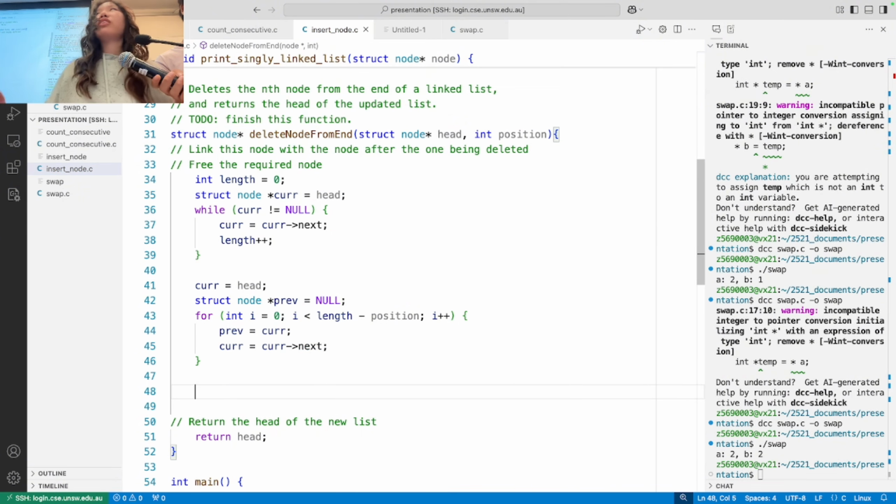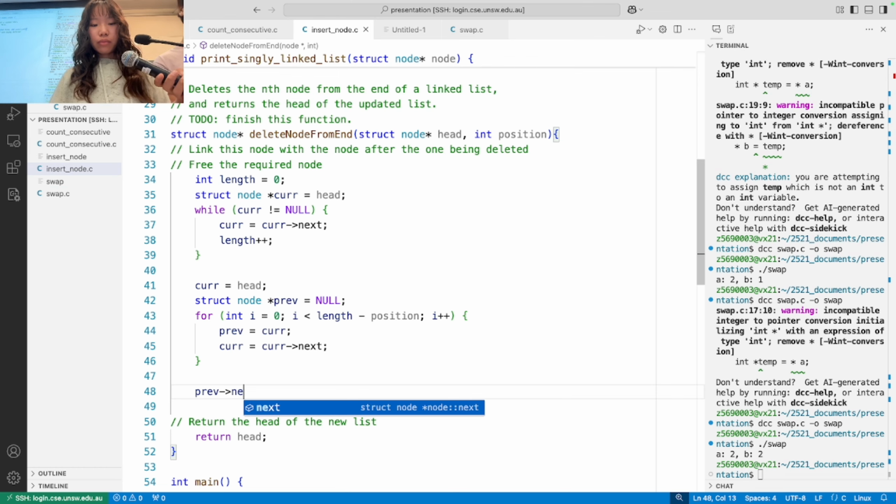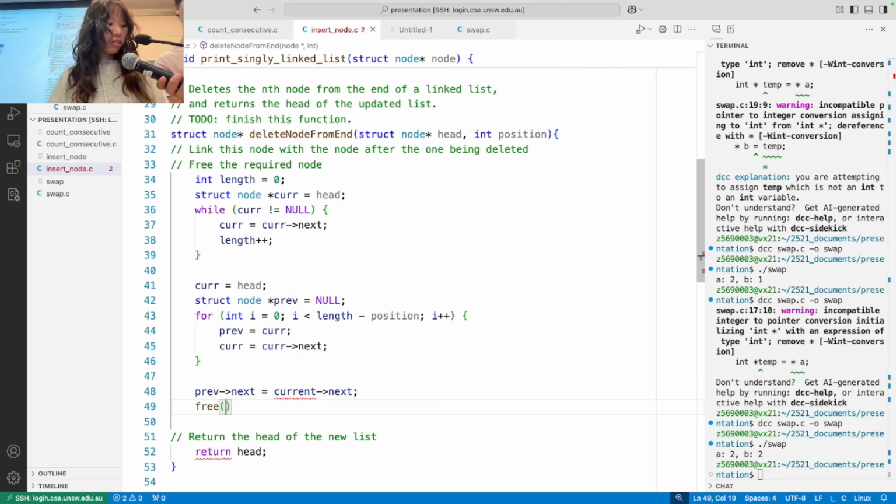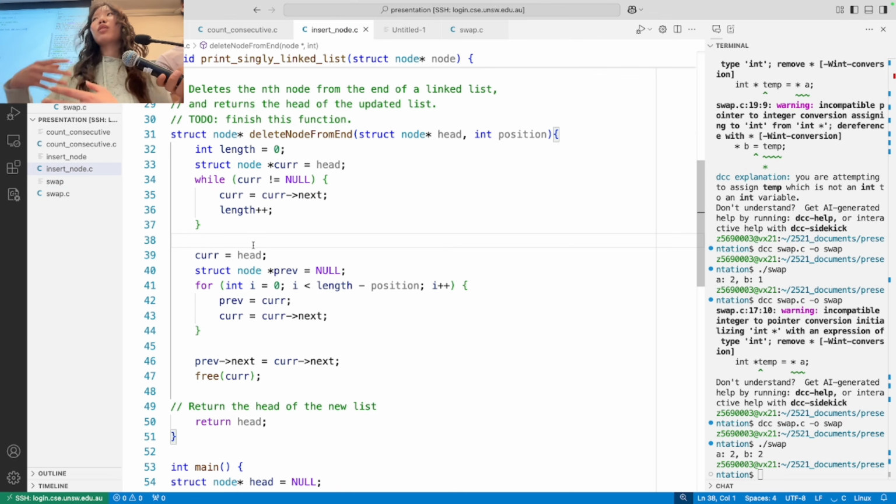And then we need to link, we're gonna free current. So in order to relink the list, we should set previous next to current next. And then we'll free current. And return the head. Okay, so that's the basic code for that. But there is an edge case where,